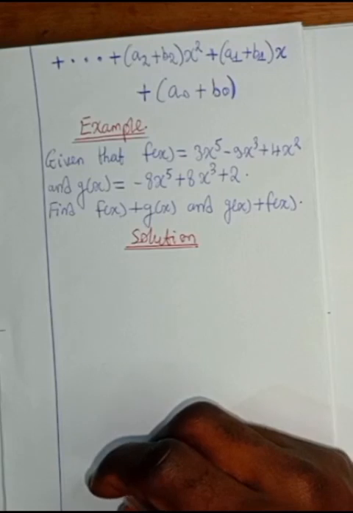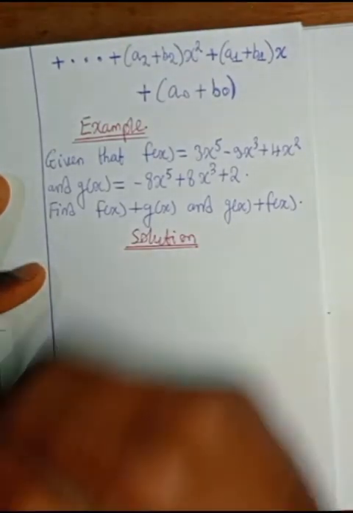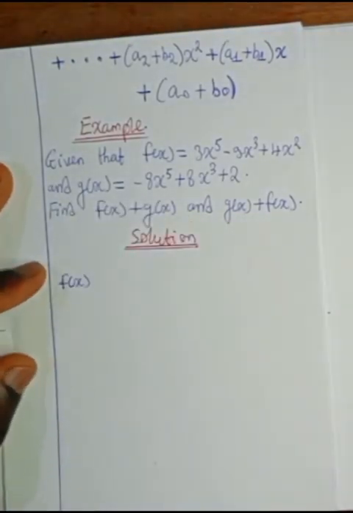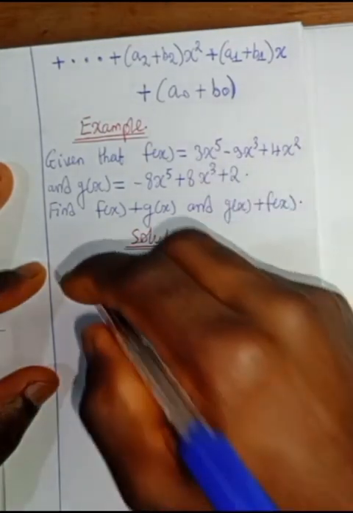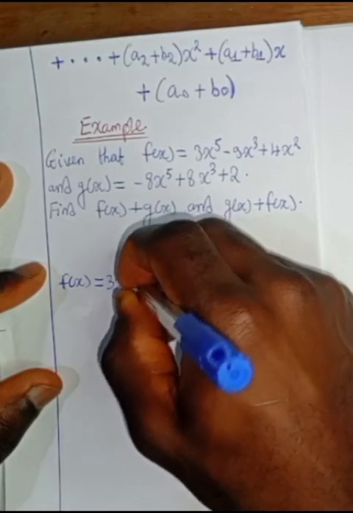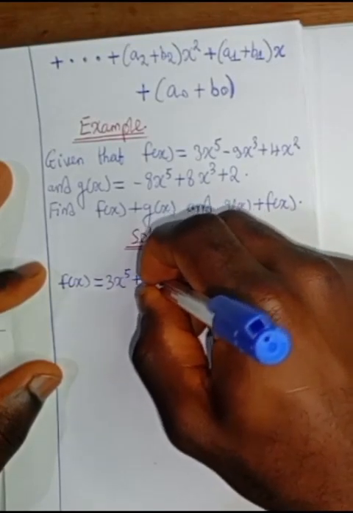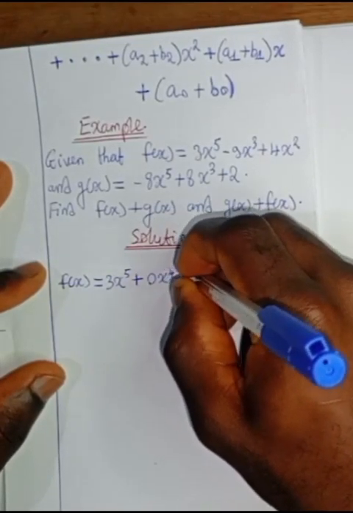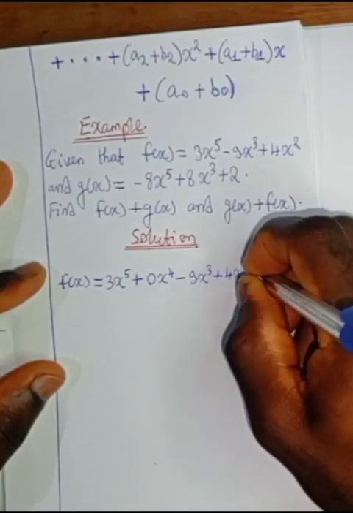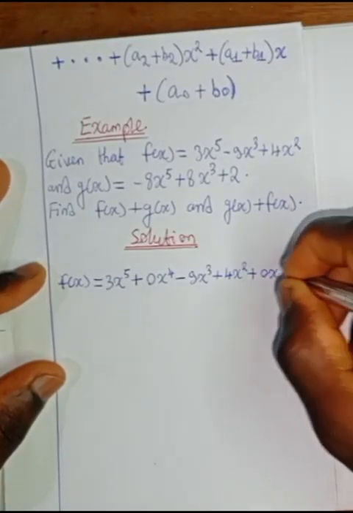We are going to add these two polynomials by following the above procedure. First, we are going to write the polynomial f of x. You see that the polynomial f of x is a polynomial of order 5. We are going to write this down as 3x to the power 5 plus, you see that the term in x to the power 4 is absent, so you can write this down as 0x to the power 4 minus 9x cubed plus 4x squared plus the term in x is absent, plus 0x plus the constant term is absent